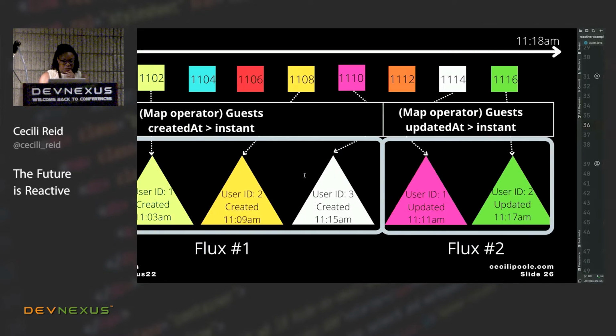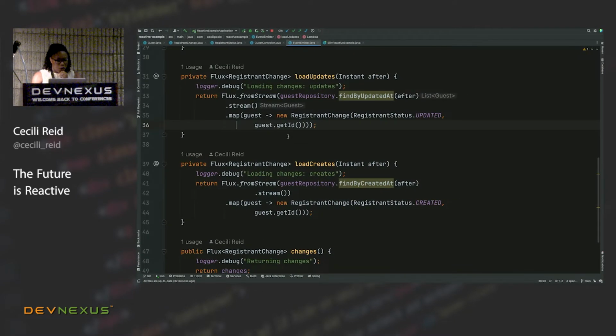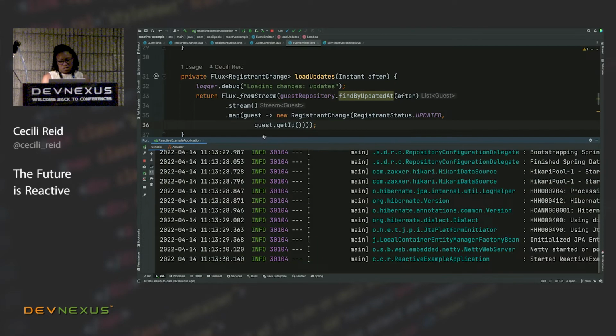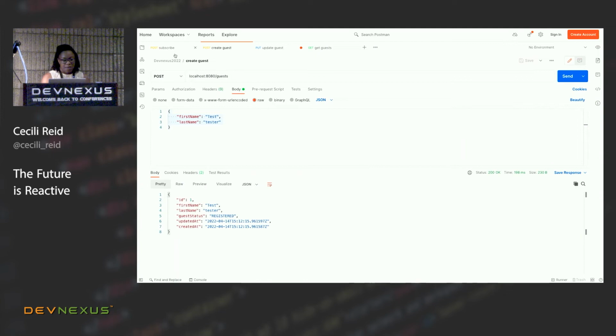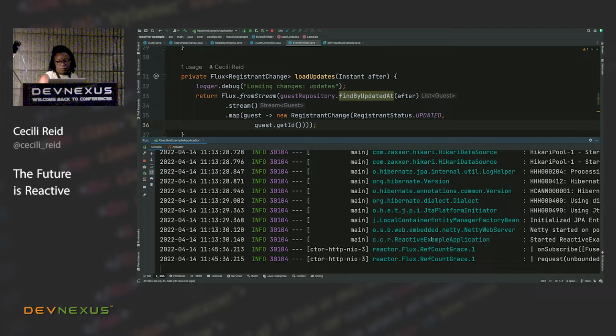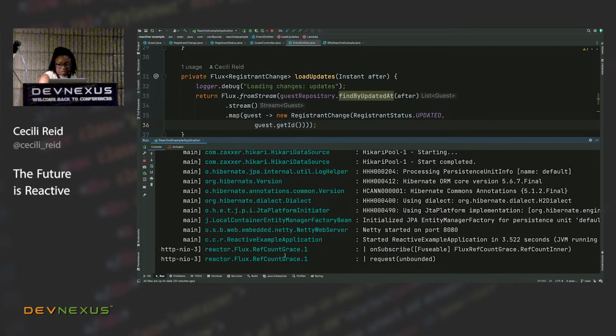All right. Okay. So I already have my application running, and let me bring up my console here. In Postman, I'm first going to subscribe to my publisher. And at the bottom here, you can see where I have unsubscribe and request.